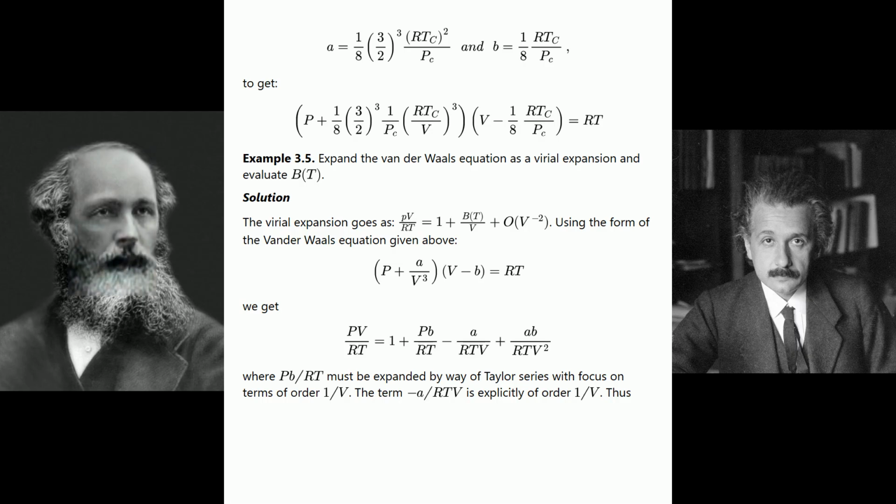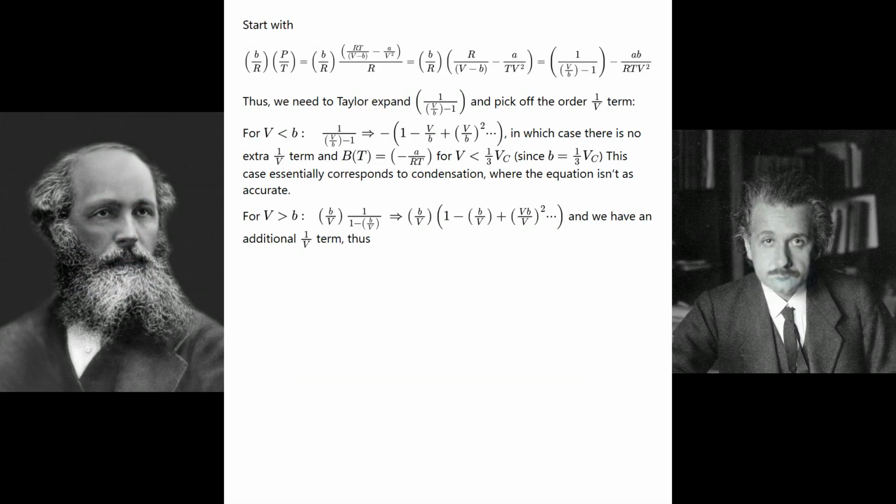The term negative A divided by RTV is explicitly of order 1 divided by V. Thus, start with, see the next equation. Thus, we need to Taylor expand 1 over V over B minus 1 and pick off the order 1 over V term. For V less than B: 1 over V over B minus 1 implies negative 1 minus V over B plus V over B squared, and so on, in which case there is no extra 1 over V term and B of T equals negative A over RT